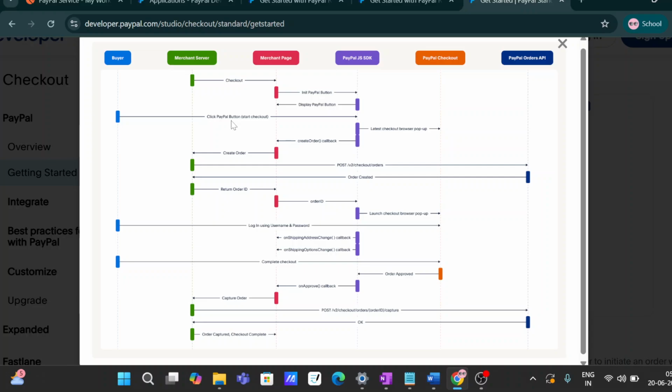Once they click on the PayPal button to start checkout, an API call is sent to the PayPal backend system, which is the create order API. We will see all these things in practical. Once we hit the create order API call, all the information